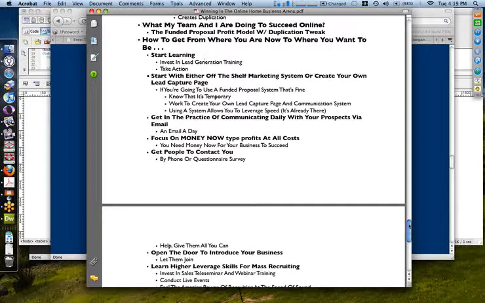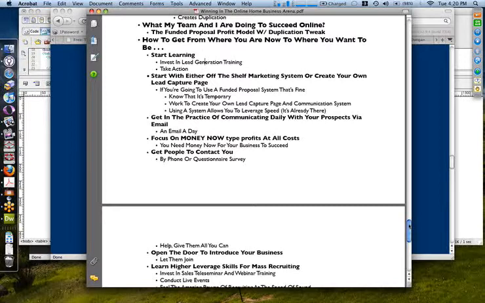That's going to buy you speed. You're going to start getting leads immediately, right? Because you don't have to immediately learn the HTML stuff, even though you have to learn it over the course of time. Use someone else's system, but know that the knowledge you're acquiring and the success you're having from using that system is going to lead to you eventually having your own lead capture page at first and blog. And then secondarily, at a certain point, you're going to say, yeah, I'm pretty good at this. Let me go ahead and create my own best practices guide. And now you've got your own funnel proposal or information product.